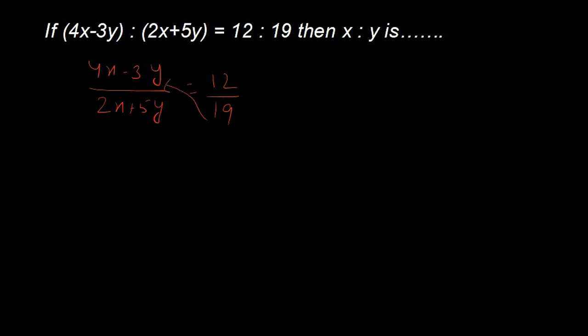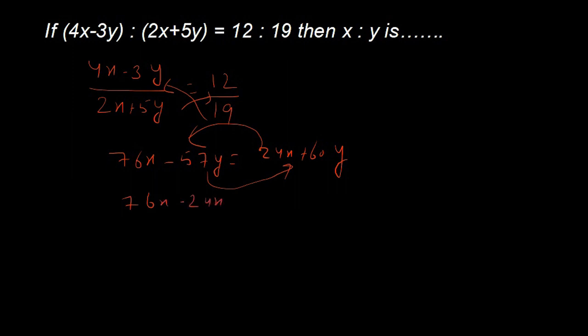Let's cross multiply. 19 fours are 76x minus 57y is equal to 12 twos are 24x plus 60y. So by transposition, 76x minus 24x equals 57y plus 60y. 76 minus 24 is going to be 52x, equal to 57 plus 60, which is 117y. Okay, so x is to y